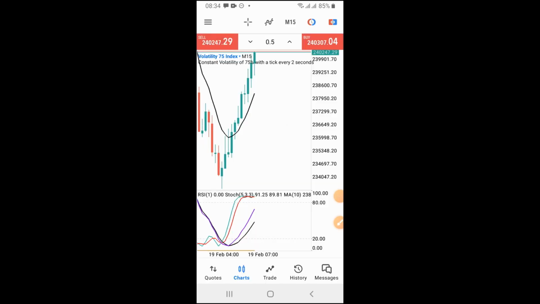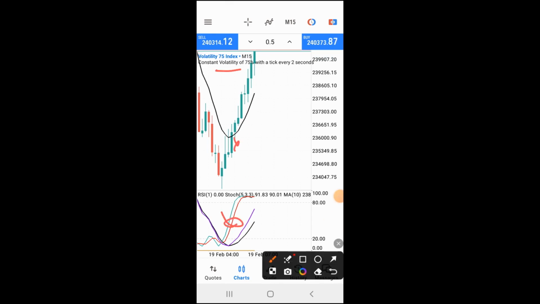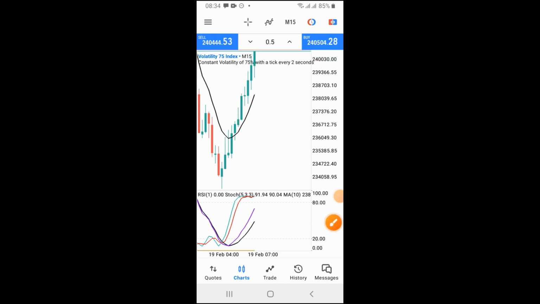Today's video, guys, I'm going to quickly share with you another powerful strategy to scalp all these pairs profitably and successfully, especially Volatility 75 Index, guys. As you can see right now on my chart, this is Volatility 75 Index, and this is the 15-minute time frame. All right, so now when you look at my chart here, this particular strategy that you are seeing here,